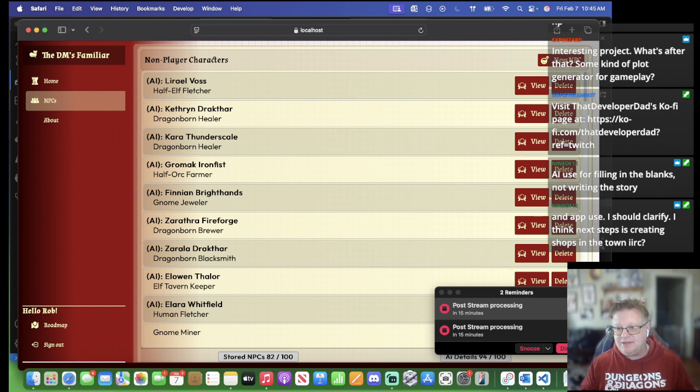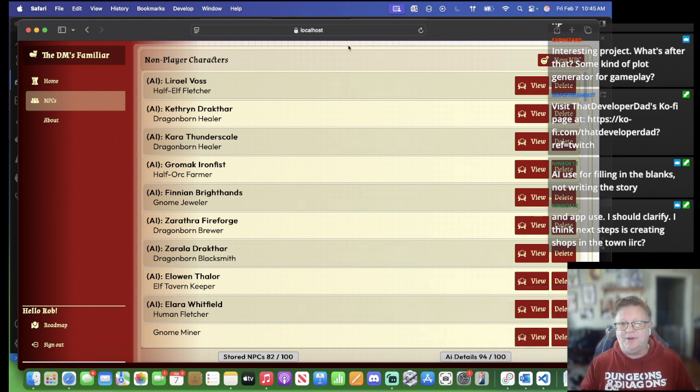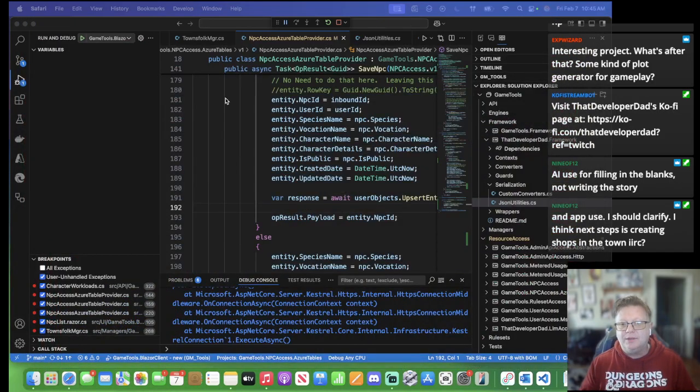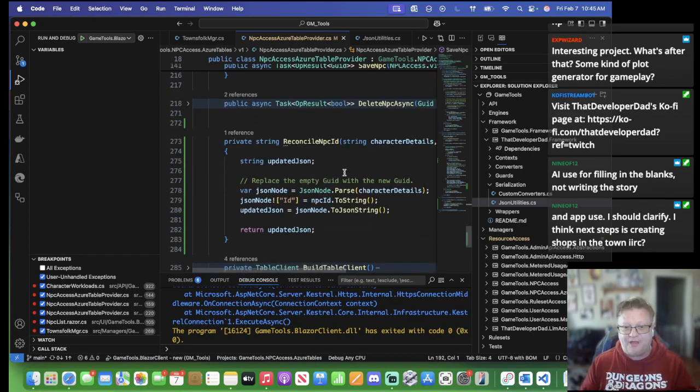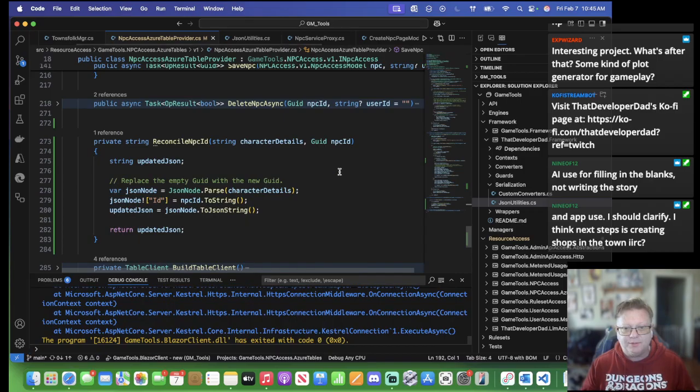I'm gonna just dismiss these. I just got the 15-minute warning from my calendar. So that little snippet of code seems to have worked just fine. Reconcile NPC ID. But what I want to do is